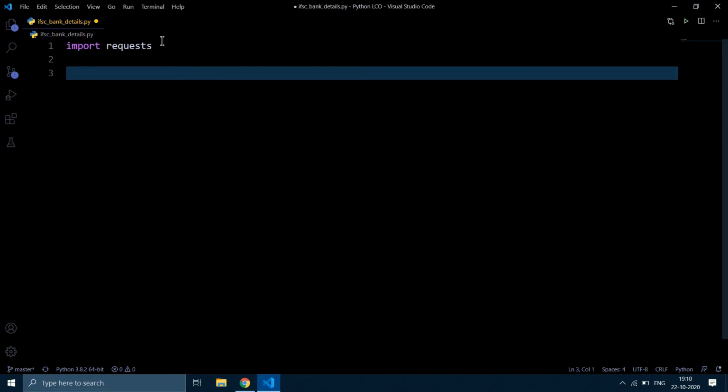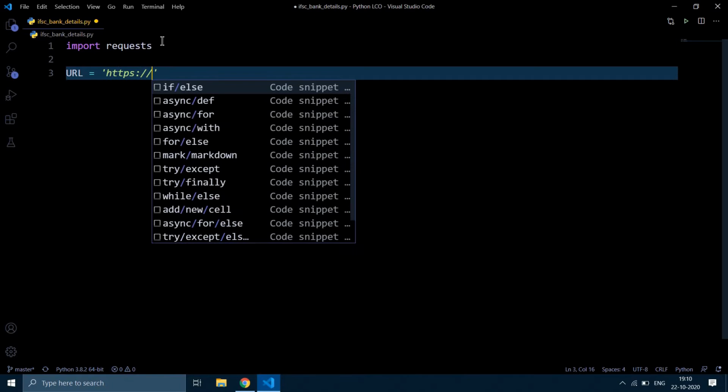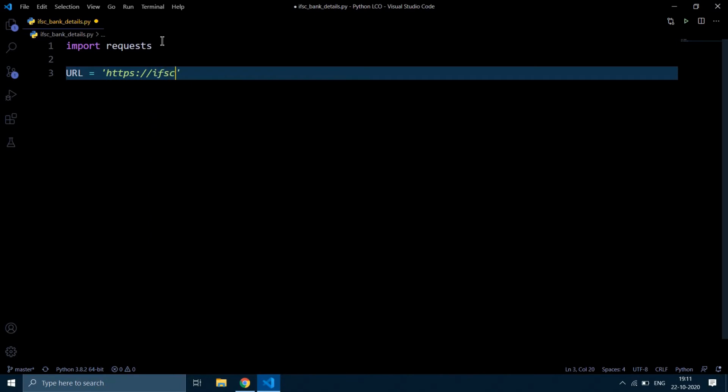Now I'm going to specify the URL. So the URL is https://ifsc.razorpay.com/. Make sure you insert this slash at the end, otherwise you might run into an error.